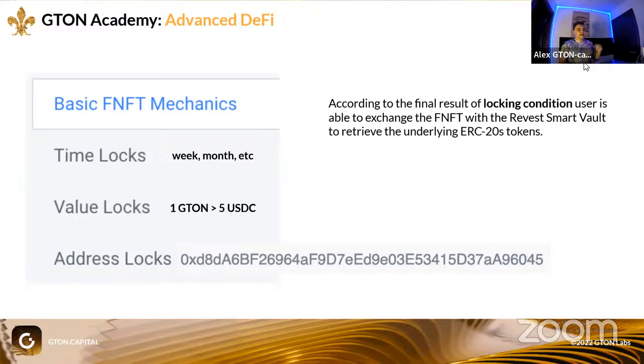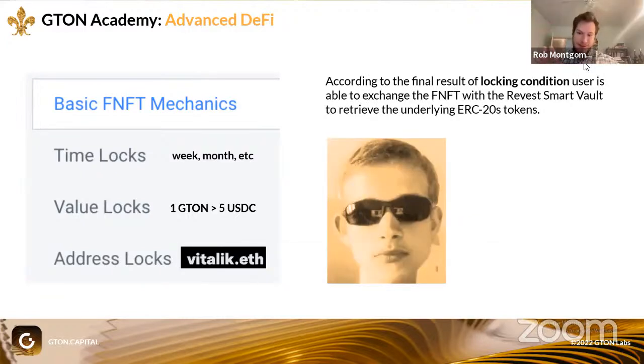And another interesting thing is address lock. You can let only a particular address unlock something. Next slide, please. I'm going to jump in, because there is a special thing about the address locks. Address locks can have two types of functionality for financial NFTs. First type is, you can tell Vitalik, hey, Vitalik, whenever you say this thing can unlock, it can unlock. And that's the push functionality. That's where Vitalik himself would be triggering that unlock.